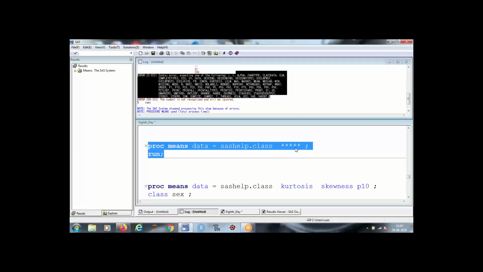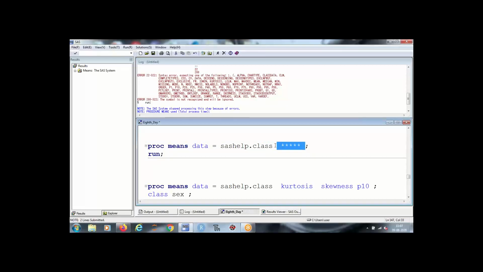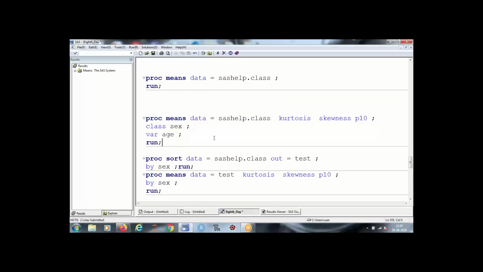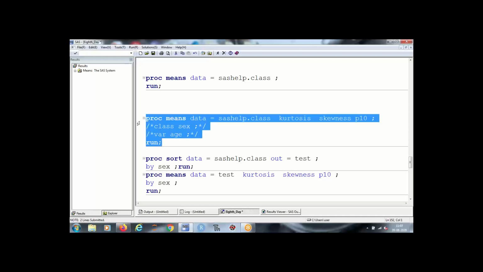So let me show you a couple of them. If you want to calculate kurtosis, which is known as peakedness of your data, you can calculate that. Like this, kurtosis, skewness. Whatever I have written over here, it will give me that particular output.